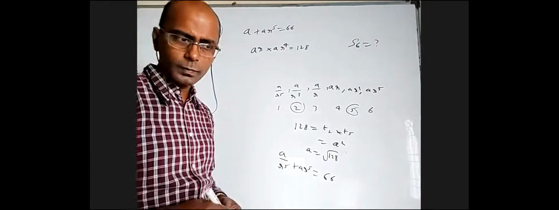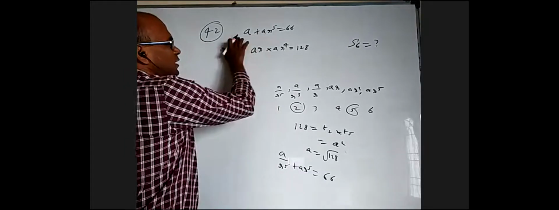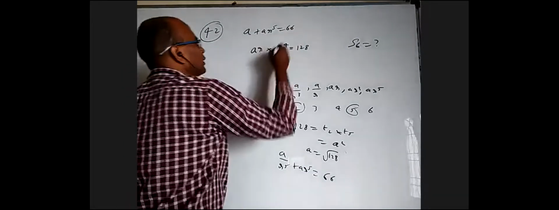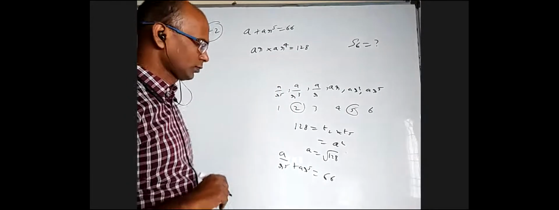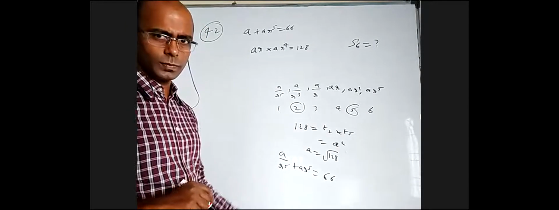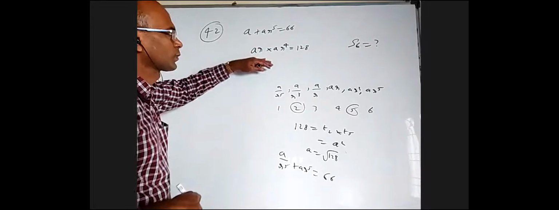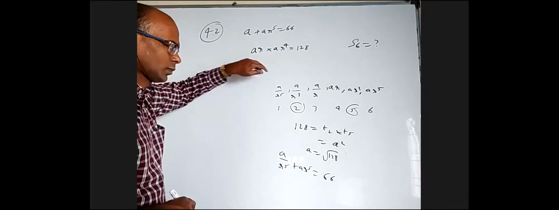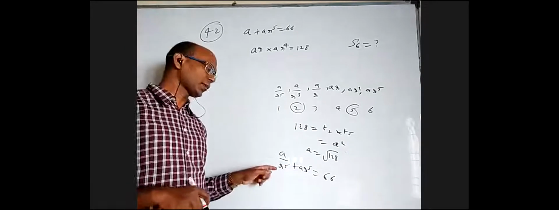Sir, the first method is easy compared to this. Okay, the first method is easy. I should just take a common and eliminate it. Sir, substitute A in that second equation, sir. We'll get a quadratic equation in A. That is simple. You're saying continue with this. Not that one, sir, the previous one. Yes, r power 5 equal to 128 by a square, sir. Yes, correct. Either you take r power 5 or this, it is not a big problem.